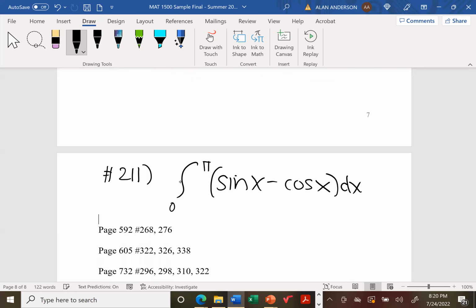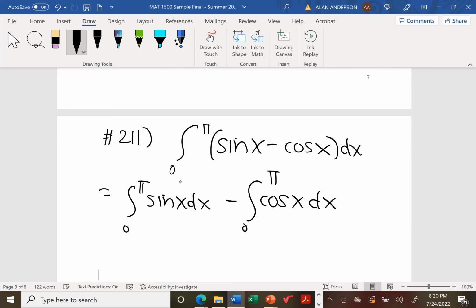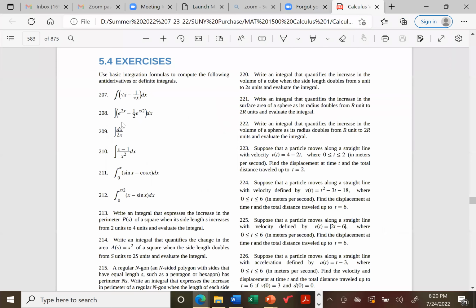Now, you might recall that algebraically, this is equivalent to the integral of sine x dx minus the integral of cosine x dx. And furthermore, if you were to take a peek at slide 22 on chapter 4D, you'll remember that we have our trig integrals, which we were just looking at a minute ago,